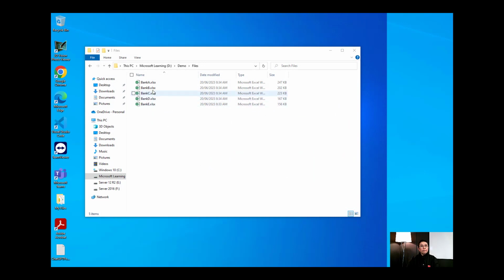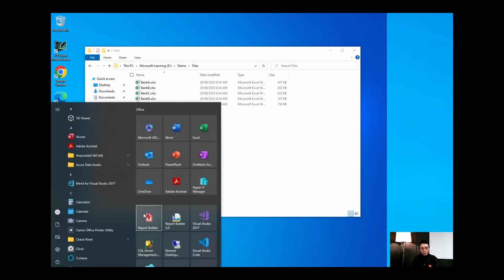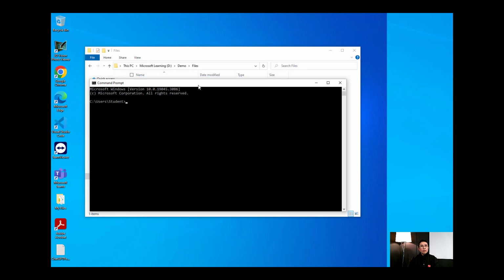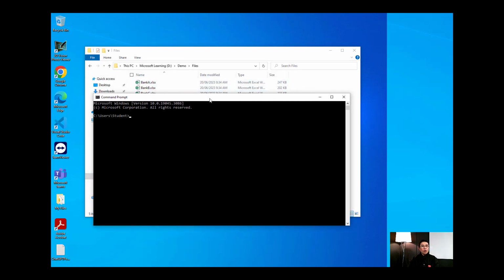So these are the 5 files that we're going to amalgamate into one Excel spreadsheet using Python. So what I'm going to do in here first is I'm going to open my command prompt, and in my command prompt, I'm just going to go and change the directory into the D drive,